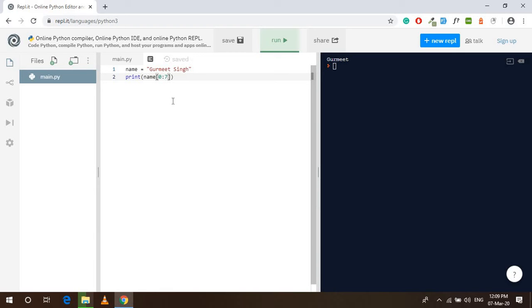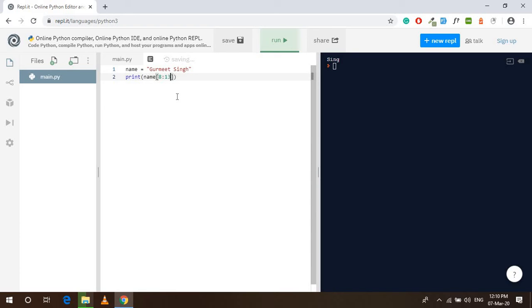So likewise, if I have to print just my last name, what will I do? You can count here. It is 6 up to here, it is 7th here, and it is 8, right? So the S is at the 8th position, and 8, 9, 10, 11, 12. So I have to type here 13, up to the 13th index. So you can see it is printing Singh, and if I type 12 here, let's see what happens. It is printing SING